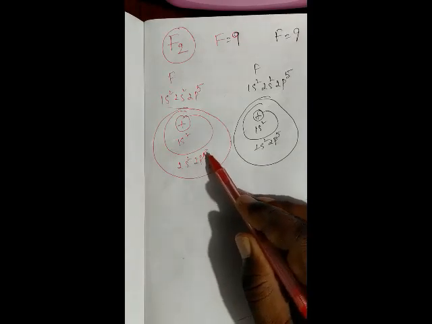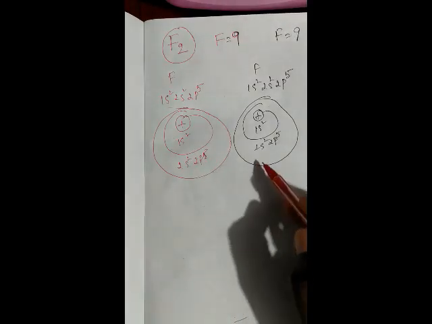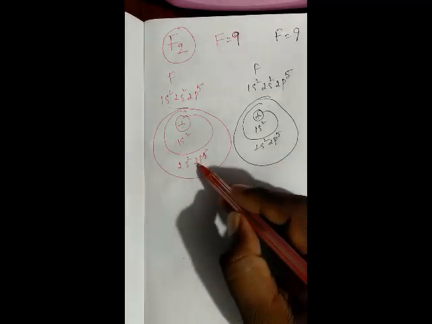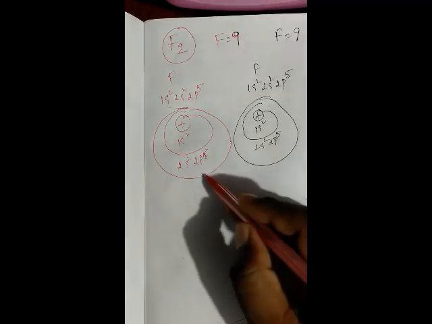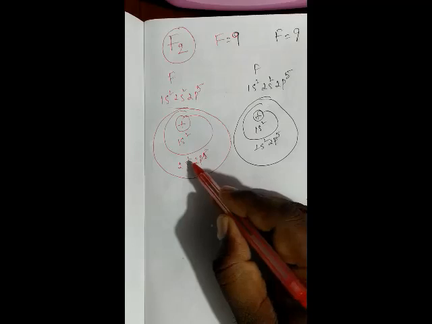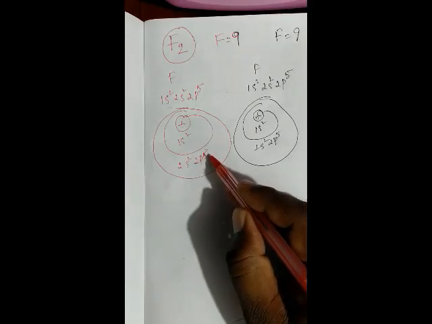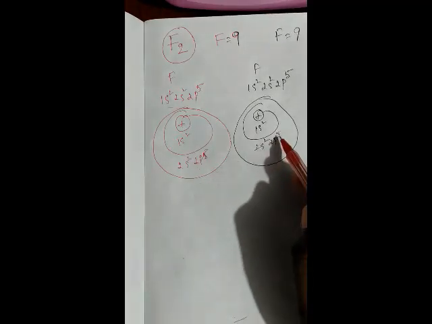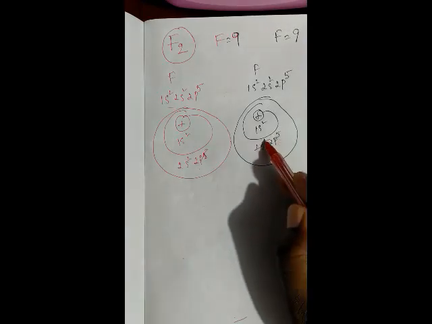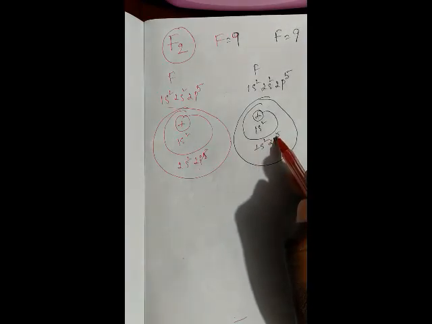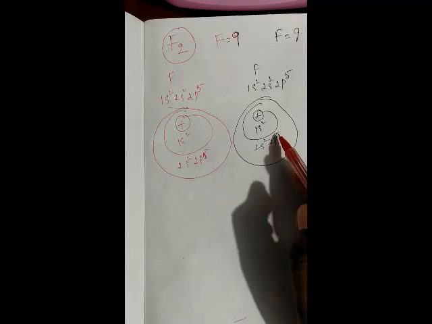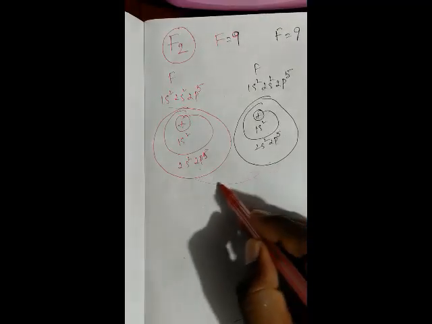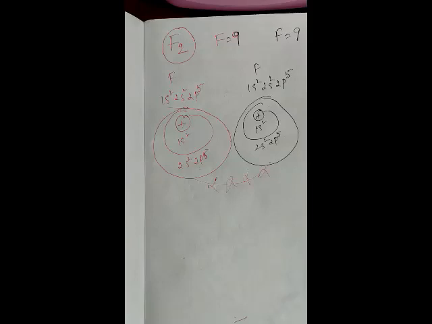For example, if 1 electron is transferred from the second fluorine atom to the first fluorine atom, 2 plus 5, 7, plus 1, 8, it will become stable. But due to the loss of 1 electron, the other has 2 plus 4, 6, so it remains unstable. So between these two fluorine atoms, the transfer of electrons is not possible. That's why they will share their electrons with each other.